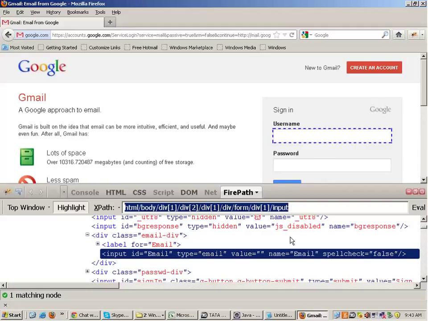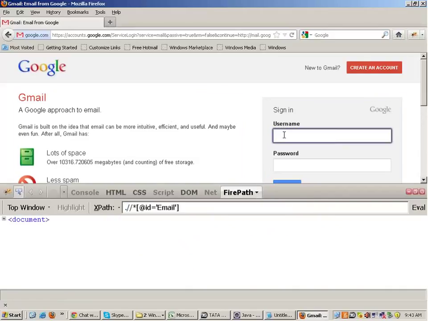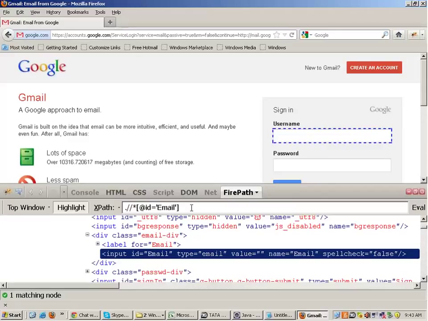Okay. Now I again tell you that this kind of XPath we refrain from using. This is known as absolute XPath or complete XPath, right? We generally use a partial XPath. Okay. Now, in order to generate that, make sure that in Firepath you have the generate absolute XPath option turned off. Okay, you have to turn it off, and now move your mouse over the username. You will get this